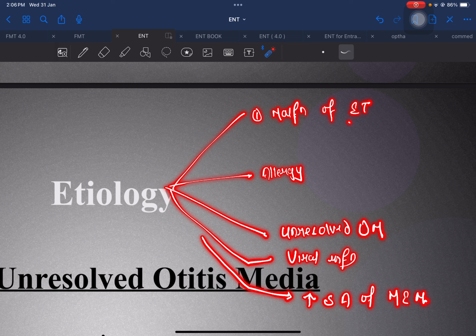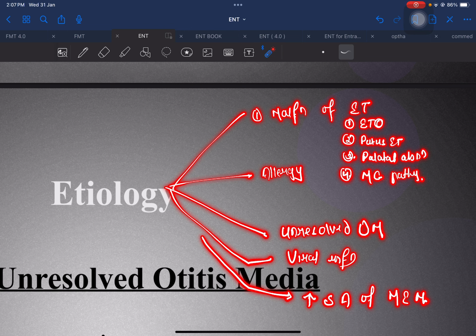Now talking about malfunctioning of the eustachian tube, right? The malfunctioning of the eustachian tube can be because of various conditions, like eustachian tube obstruction, right? It can be because of a patulous eustachian tube, but there will be malfunctioning of the eustachian tube. Similarly there will be palatal abnormalities, right? Abnormality of what? Our cleft palate or palatal palsy. Similarly, there can be mucociliary pathology.